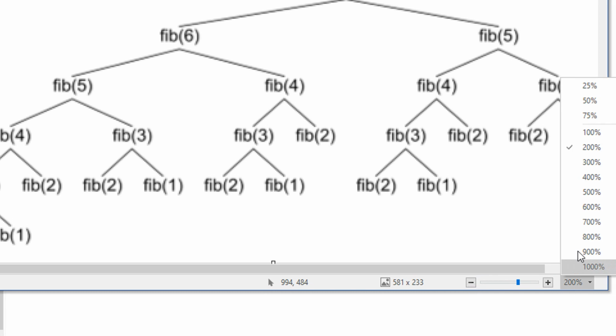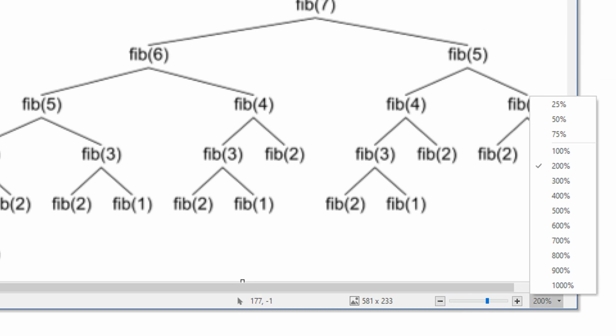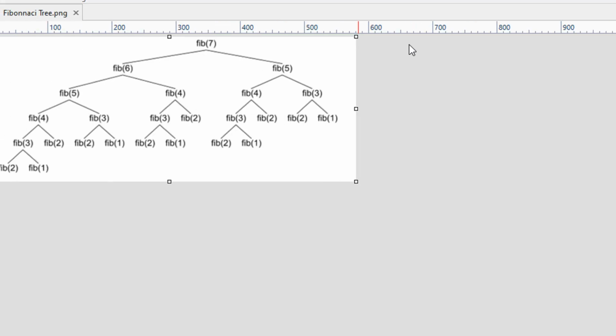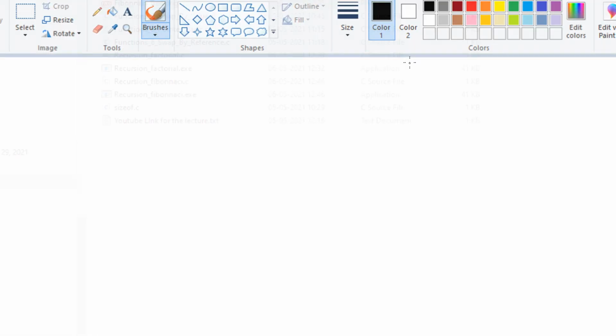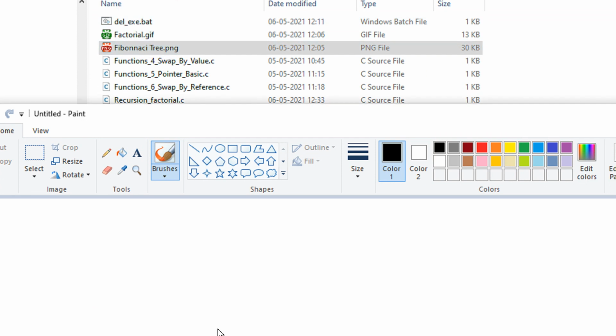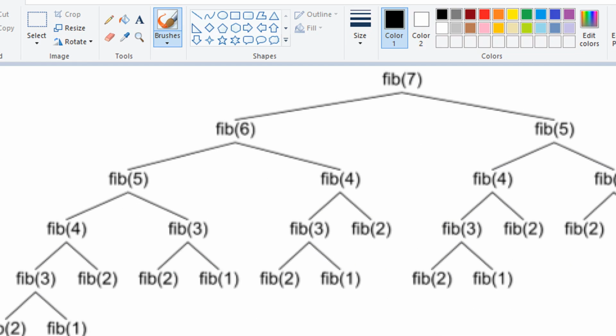Okay, so there is no option to expand here. Let me just open this image in Paint. Probably it will help.